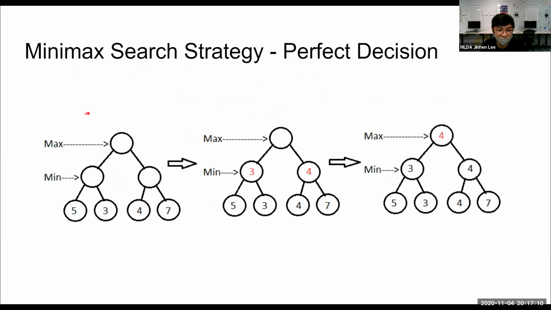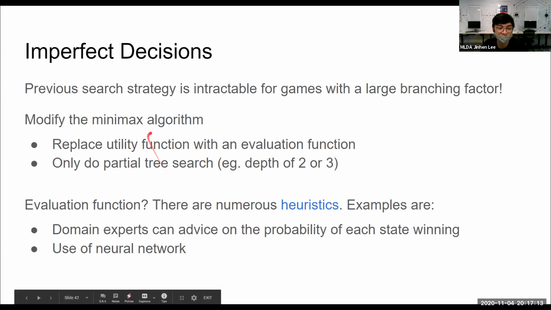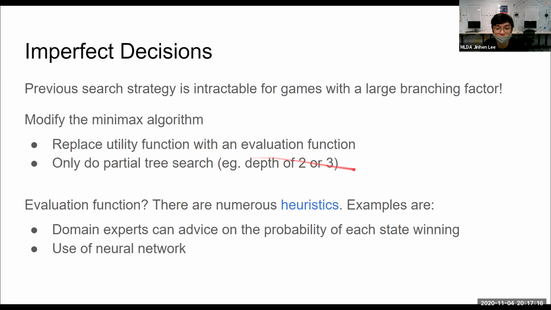Instead of a utility function, we replace it with an evaluation function. It might be similar to Jin Han's one, but I'll explain more here. And instead of doing a whole tree search, we only do a partial tree search. So maybe we expand the node locally only. Like just now, I drew a lot of nodes. We might only focus on expanding to a depth of 2 or 3 first, and if we don't find our desired outcome, then as we move down the nodes, we expand the nodes further. So we expand maybe a small window compared to expanding the whole tree, which will take forever almost.